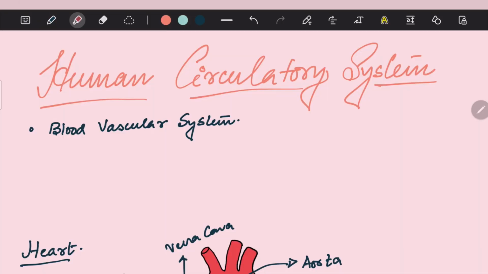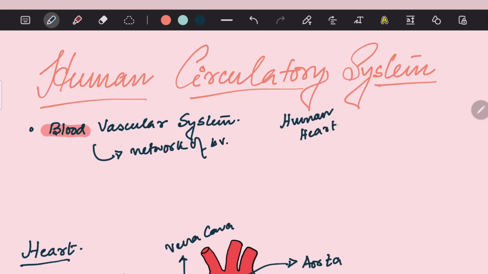We are starting with the human circulatory system. Now, the human circulatory system is also known as the blood vascular system. And the reason for that is very obvious, because it consists of blood as the major connective tissue in it, and the blood flows through a network of blood vessels, and hence it is known as the vascular system. But the major organ which controls the blood vascular system is the human heart,